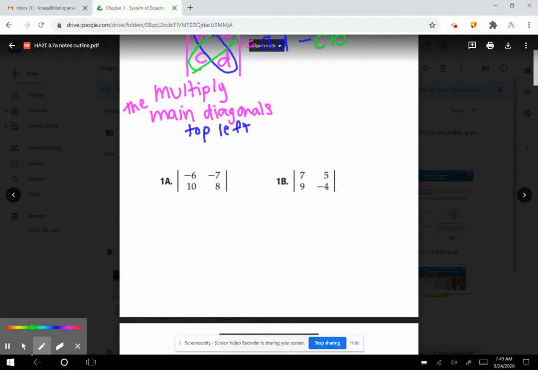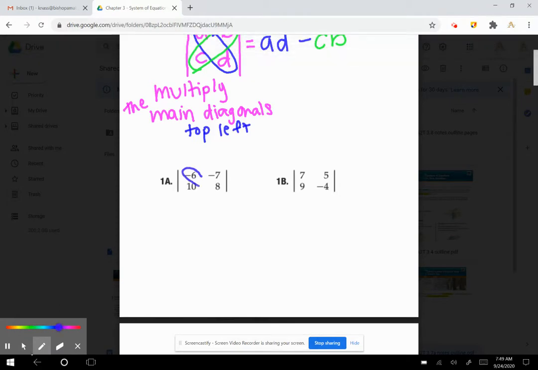Okay, so first we're going to multiply the main diagonals. Oh, wait, real quick. How do I know that they're asking me to find the determinant without it saying finding the determinant? Notice our matrices, instead of being in brackets, are in straight lines. They're not absolute value lines. Those lines tell you to find the determinant. Okay, so the determinant, DET, equals